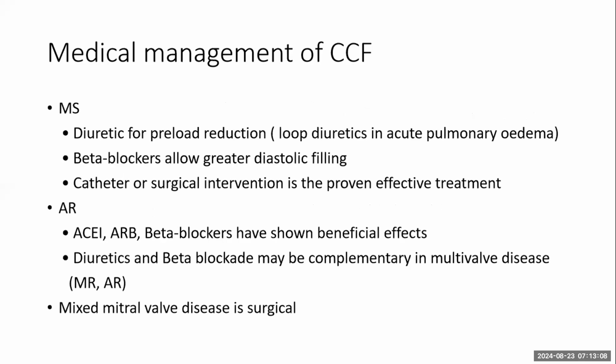The management of CCF for our mitral stenosis: diuretics for preload reduction, beta blockers allow greater diastolic filling, and catheter or surgical intervention is the proven effective management. For aortic regurgitation, ACE inhibitors, ARBs, and beta blockers have shown beneficial effects. Diuretics and beta blockade may be complementary in multi-valve disease, and for our mixed mitral valve disease, we usually do